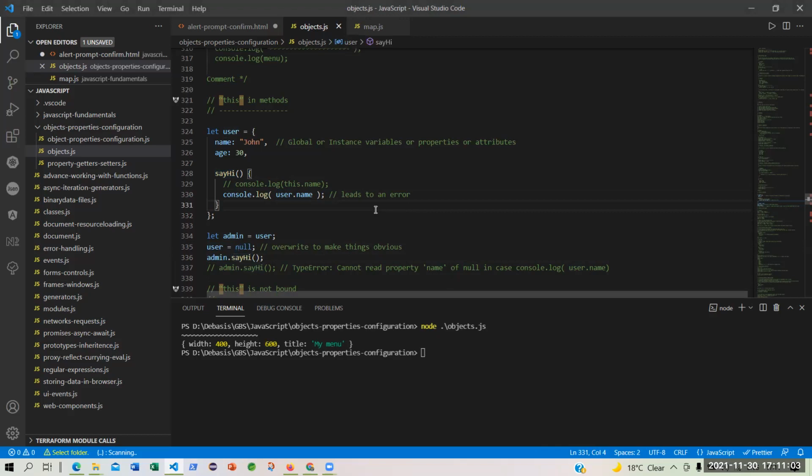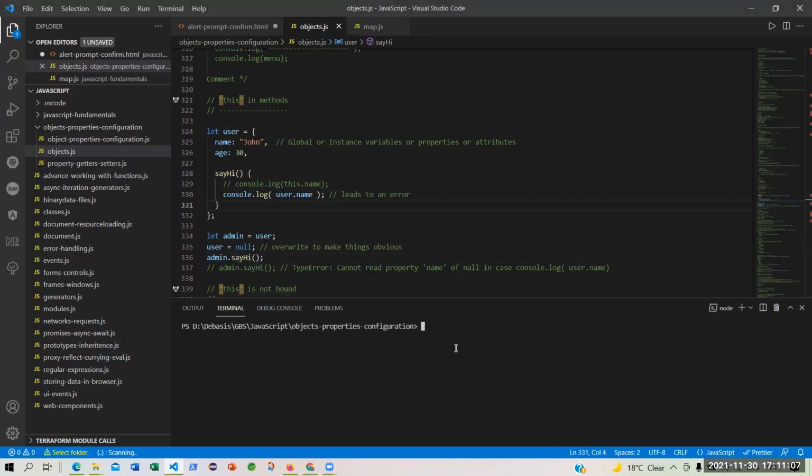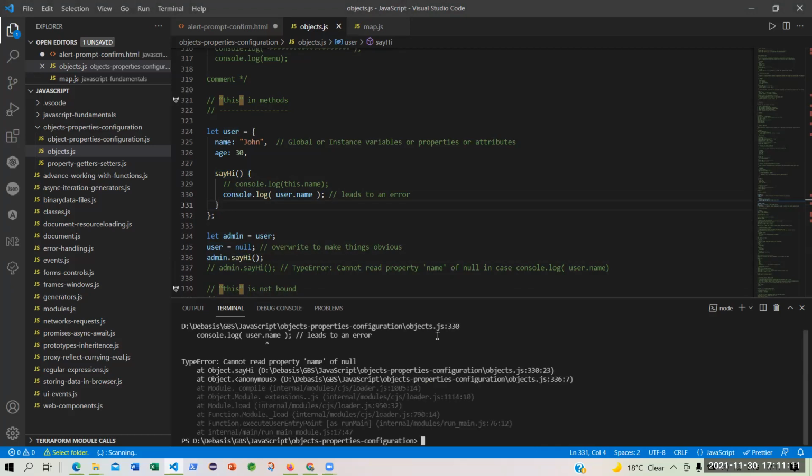Let's see. Can you see that there is an error? Cannot read property name. Because you are using a reference of the user object, but the user object has been made null. So that is the importance of using this.